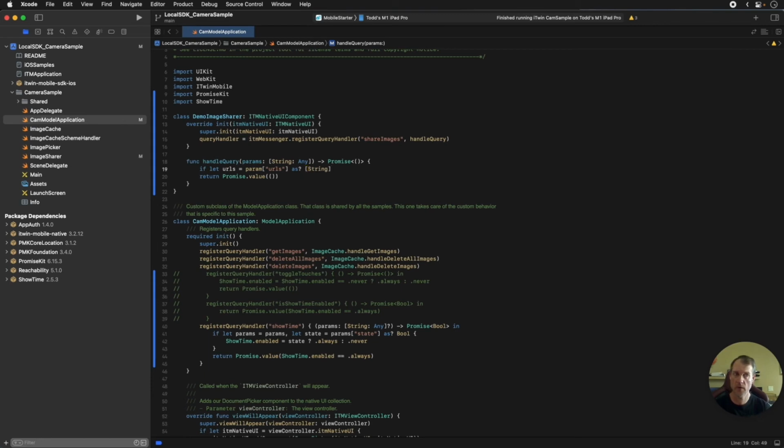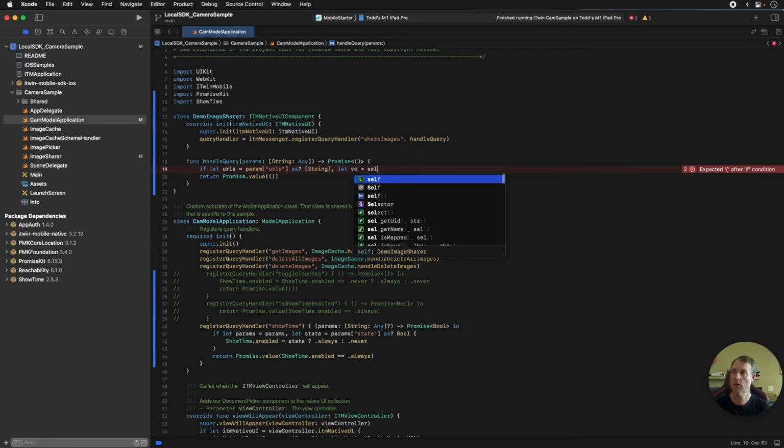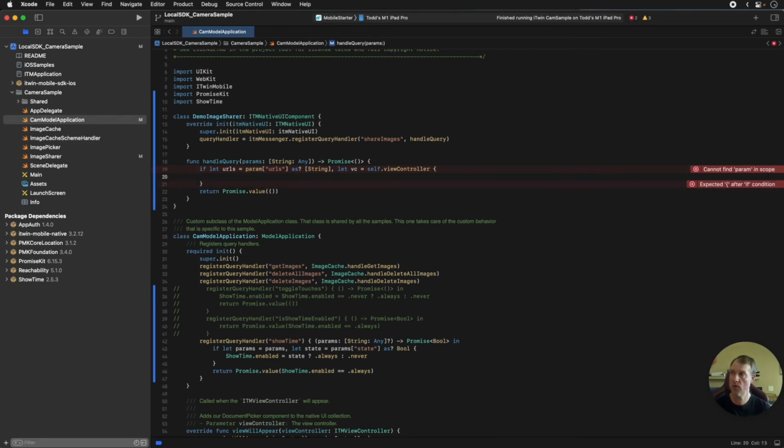So if they pass us a string array, and we're going to get the view controller for this native UI component. So if those two things are true,